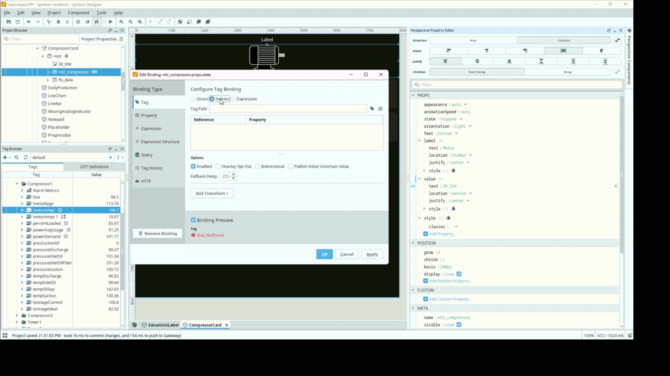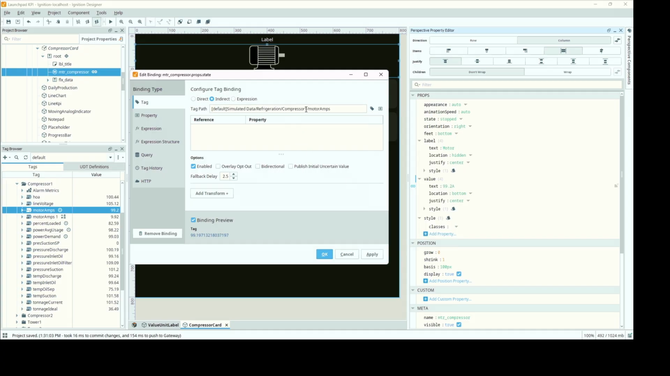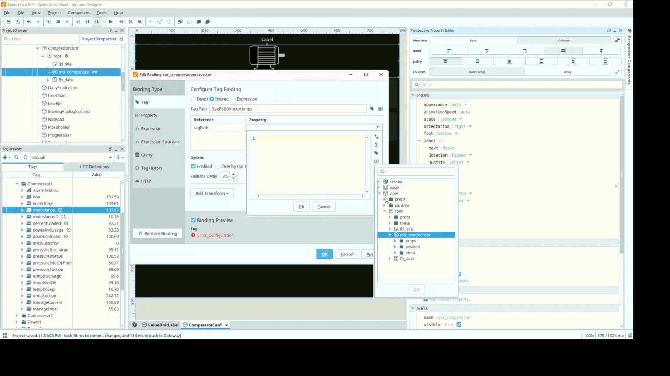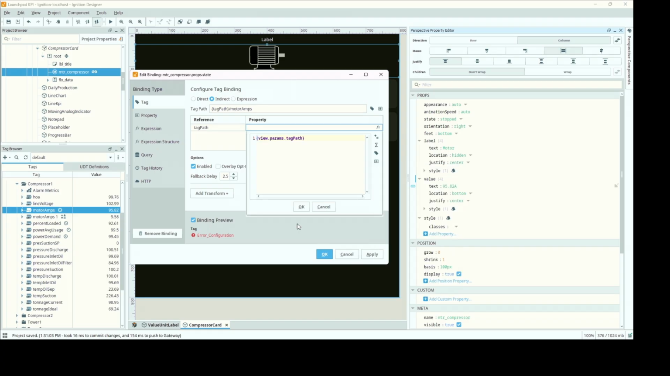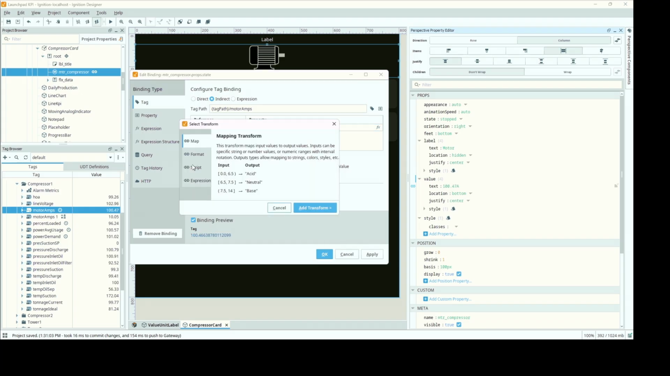We'll bind this as an indirect tag to refrigeration, compressor 1, motor amps. We will clear out the part that is covered by our tag path parameter. Give that a property, here, tag path. And we can do that since we're looking at a value, not a tag path like we mapped to the widgets. And then we'll want to map this to a given range, so we can do a